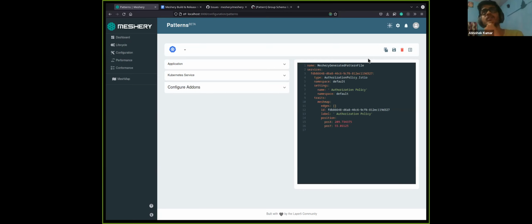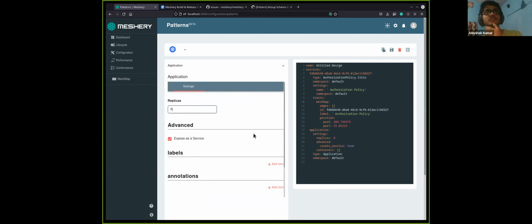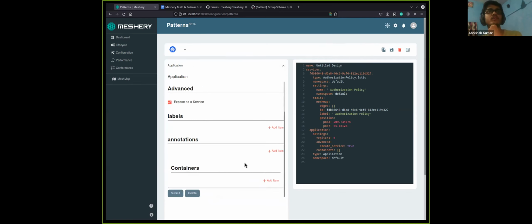Then there will be two icons, one for application and one for Kubernetes service. I'm thinking upon the colors, and whether the icons will be colorful as we have in the Meshmap latest design spec. And do we need any changes in the way this RJSF form is rendered?